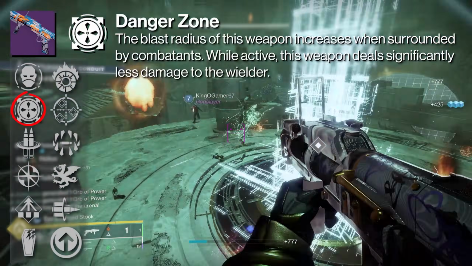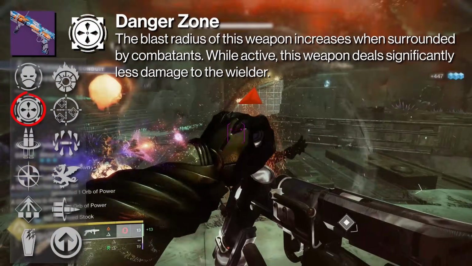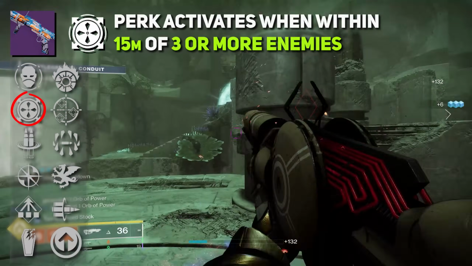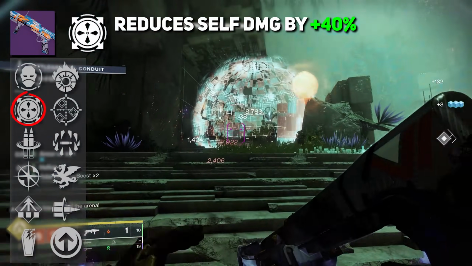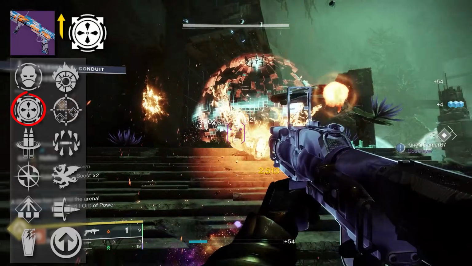It states that the blast radius of this weapon increases when surrounded by combatants. While active, this weapon deals significantly less damage to the wielder. Now we don't have the exact numbers for the blast radius increase, but when you're within 15 meters of 3 enemies, the perk will activate and increase that blast radius. It also reduces self-damage by 40%, with the effect lingering for 3.5 seconds, with the enhanced version simply adding +5